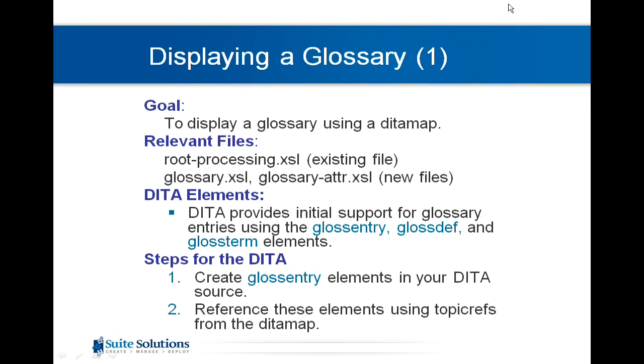So displaying a glossary basically has two main sections that you need to do. One is steps to set up the Adena, and the other is steps to set up the code, the XSL. We're not focusing on Adena tonight, so I didn't go into too much detail. But one way of doing it is you want to create gloss entry elements in your Adena source, and then you need to reference those elements using topic refs from the Adena map. Just to show you what I mean,